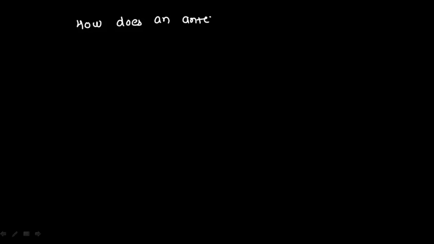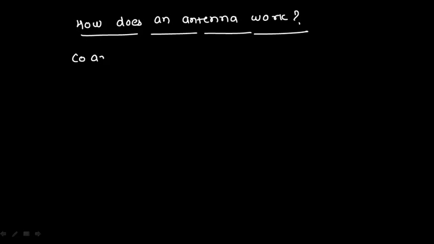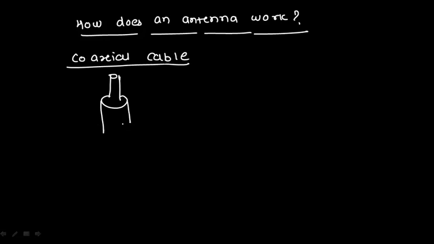To understand how an antenna works, I'll take the example of a simple coaxial cable. Everybody has gone through this kind of cable, which is nothing but the coaxial cable. What kind of structure will you find in the coaxial cable? The cable has an inner conductor, then it is covered by the insulator. After that you will have a wire mesh, again a conductor, and the outer coating is again an insulating material.